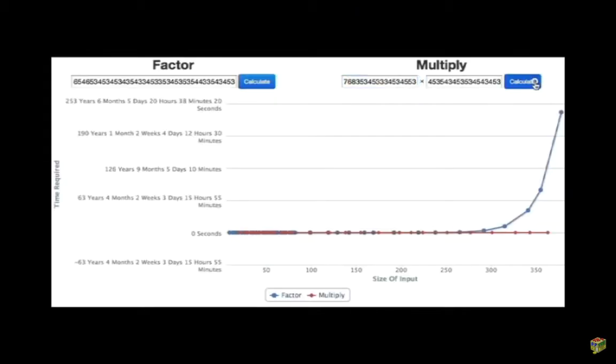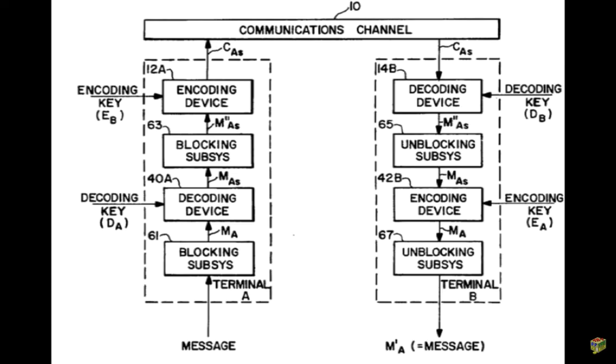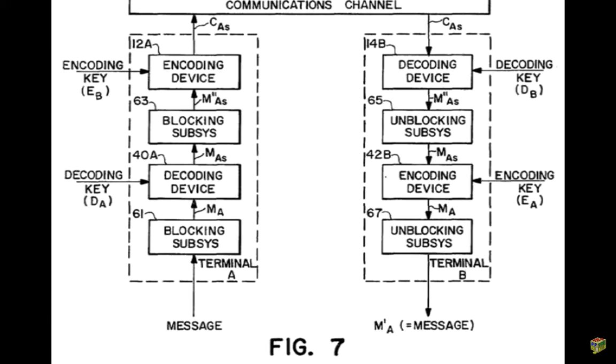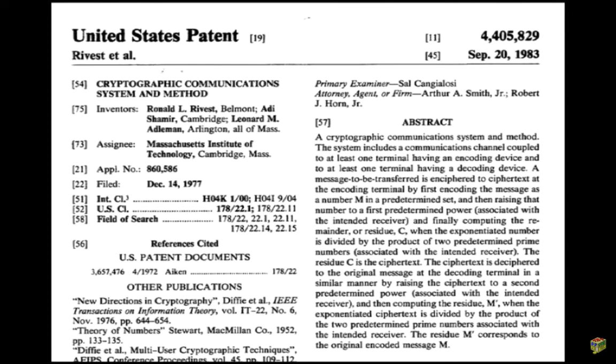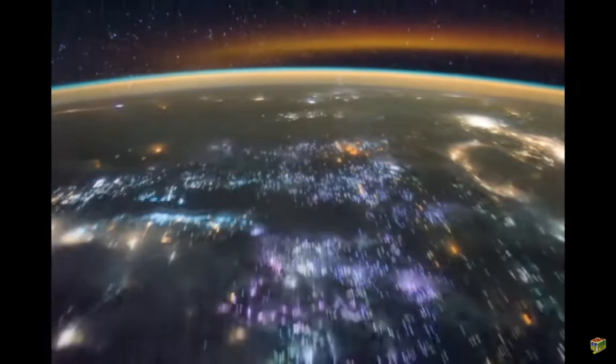If n is large enough, Alice can be sure that this will take hundreds of years even with the most powerful network of computers. This trick was immediately classified after its publication. However, it was independently rediscovered in 1977 by Ron Rivest, Adi Shamir, and Len Adleman, which is why it's now known as RSA encryption. RSA is the most widely used public key algorithm in the world, and the most copied